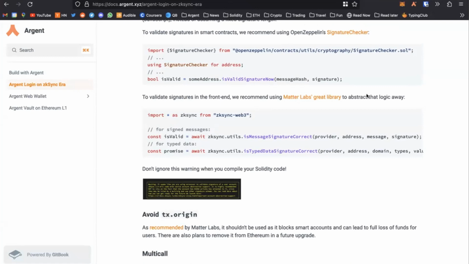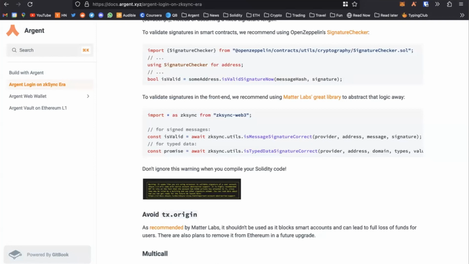And a lot of dapps, especially we've seen that with NFTs, sometimes check the transaction origin and just block every transaction where this tx.origin is not the message sender, because when it's not, they assume someone is automating or writing a script to mint all the NFTs at the same time.